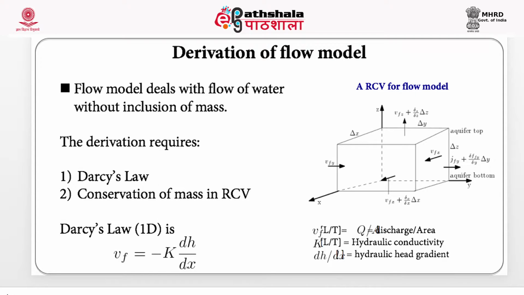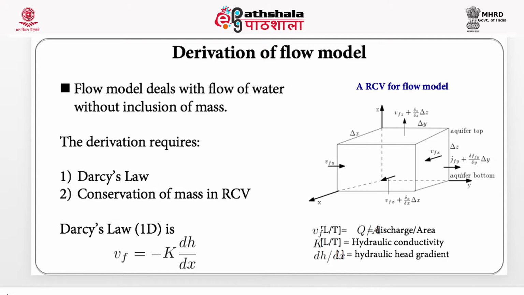A flow model deals with flow of water without inclusion of any mass. That is to say, we are only talking about the amount of water and not anything dissolved or suspended in water. Before I go on to the derivation, let me explain how the flow occurs in our model aquifer, the RCV. As you can see in the figure, there is water flowing in from the left end, that is Vfy, and towards the right face of the RCV,